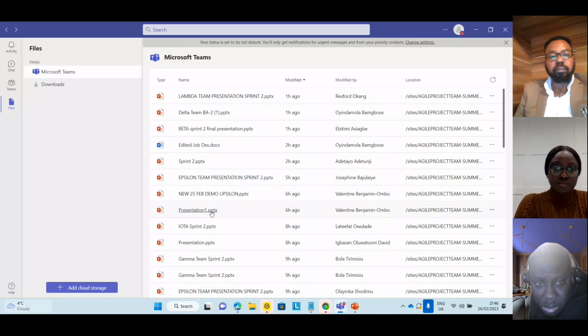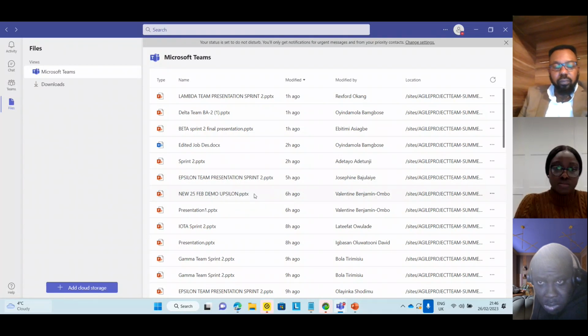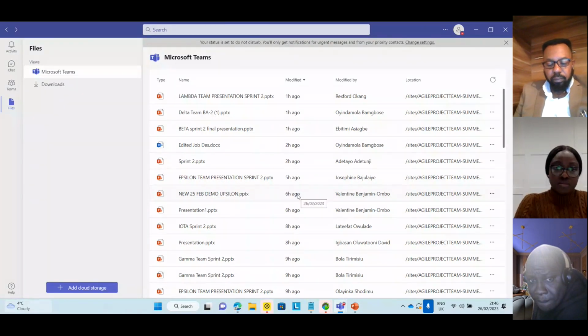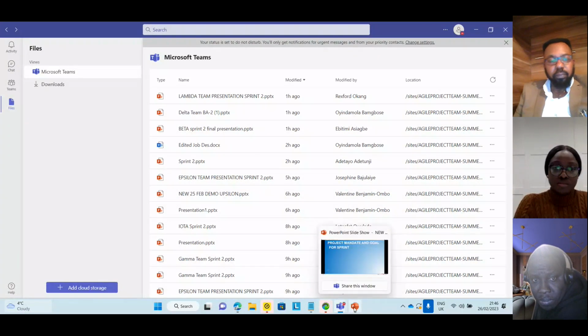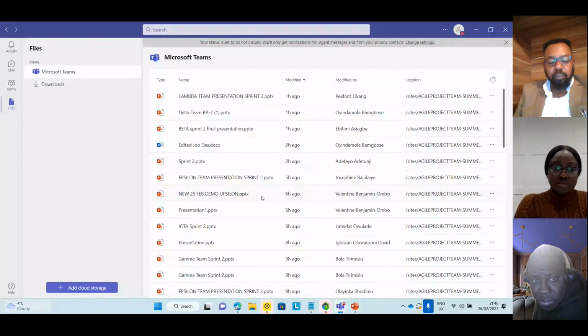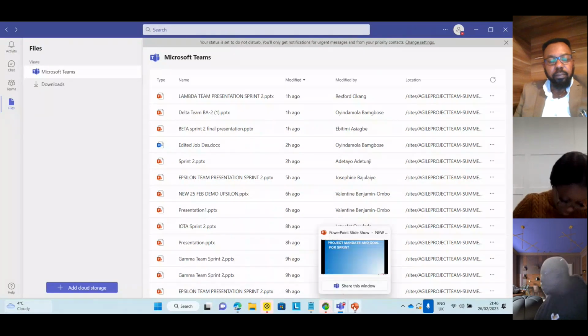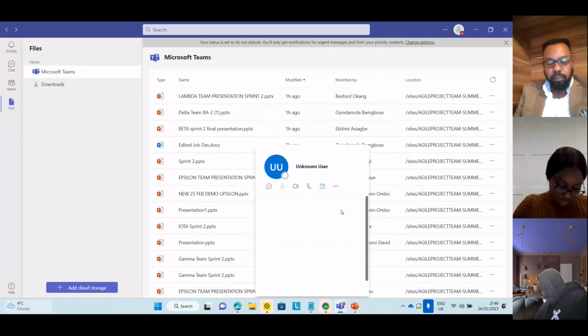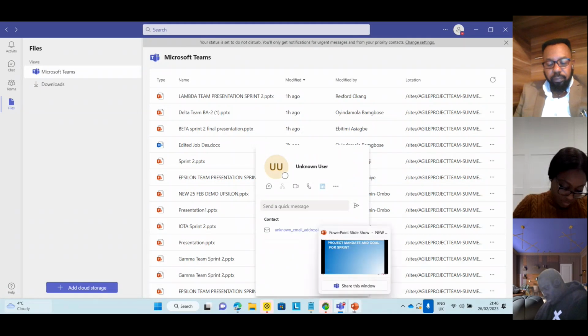See again. This was the first one. No, I mean, I said that doesn't look okay. New. Okay, let me see. So 6 hours ago. New. Okay, I think you can see what the other teams did, right? Yes. You can see how they labeled theirs actually. Yes, that's the mistake. We'll correct that going forward. Okay, please, next time make sure that you start with your name, your team, okay? Please. Yes. Okay.